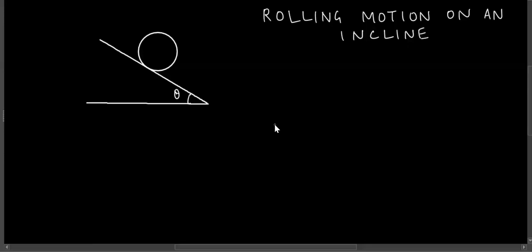Okay, so today we will discuss rolling motion of objects on an incline. Again, we are interested in round objects like rings, discs, solid spheres, okay, objects like that. Now here, we will just restrict ourselves to one particular condition. Whether these objects are rolling down the incline or rolling up the incline, they do so without slipping. Okay, so this is an assumption. So there is no slipping.